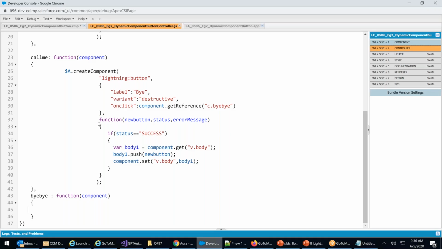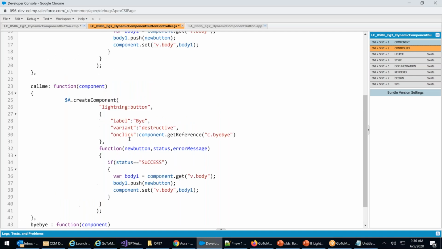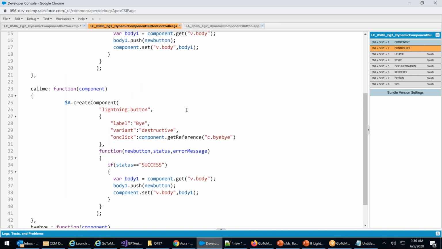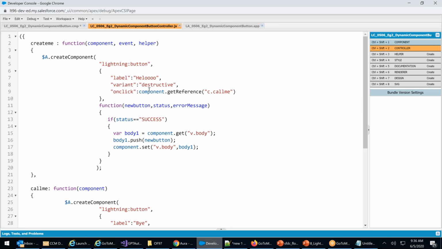One after one, bye is empty. In the bye I can write a message, bye. So one component can create another component, which can create another component. So dynamically, yes. The first component is creating.